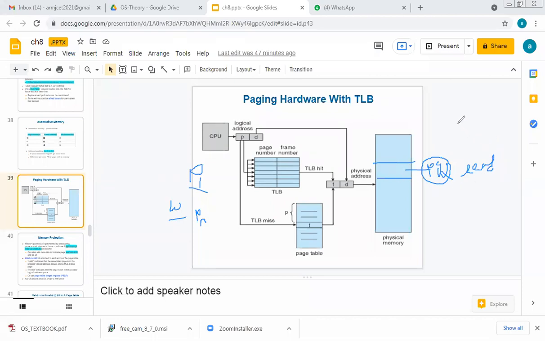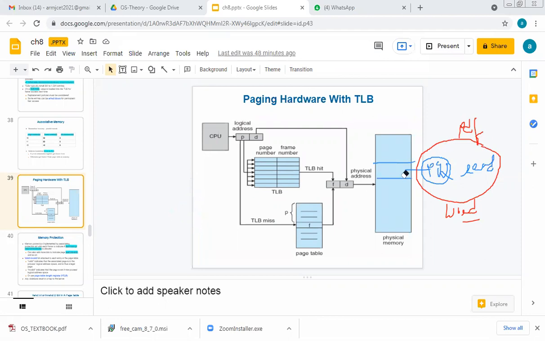So that means PG should be given sufficient protection such that no process tries to write to it. For example, it's a PDF file where nobody can write. If it's a Word file, anybody can write. So if the permission is given, the process can do the work.